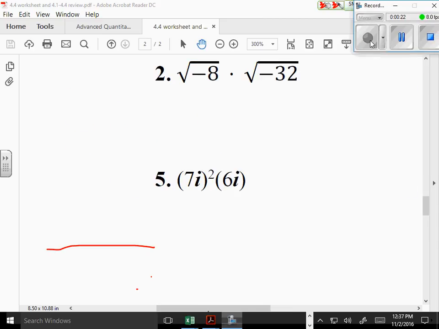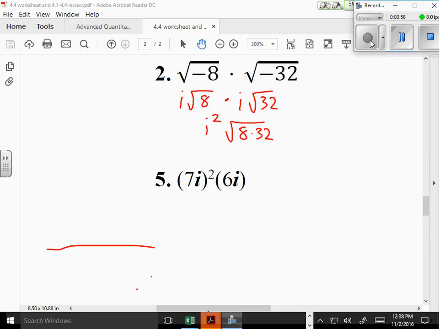Now, the mistake that I started to make was putting these together, but you can't. You have to take out the i separately. And then that becomes i squared times the square root of 8 times 32. Okay? If you want to do your factor tree on that,